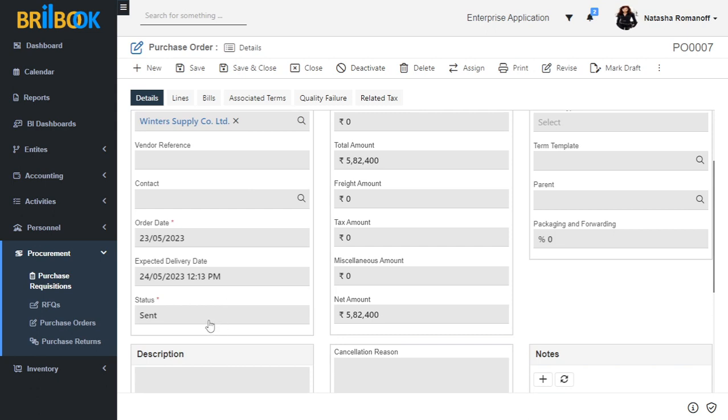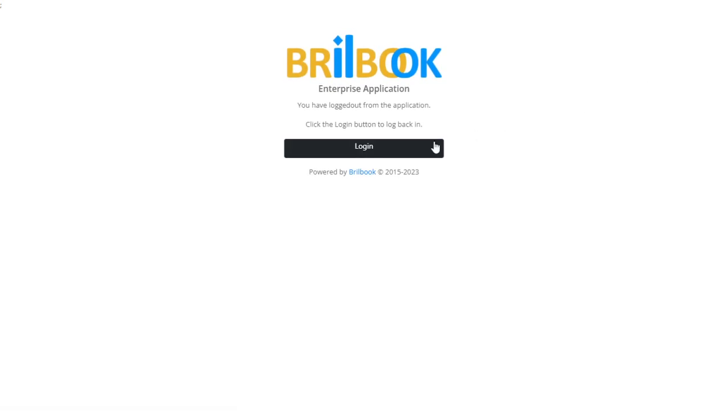Here you can see the purchase order is marked as submitted. Now our next step is to create arrival against this purchase order. For that, log out with the purchase user and log in to the inventory user.